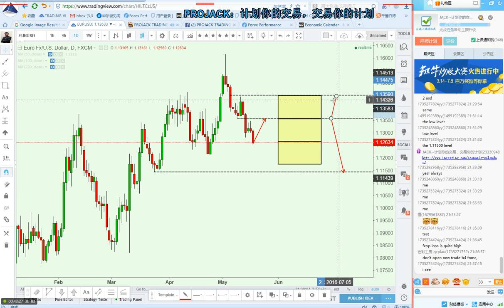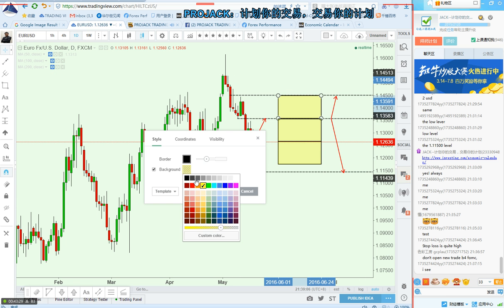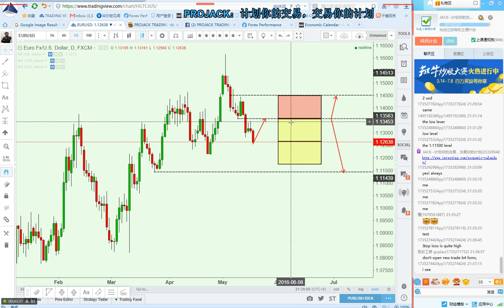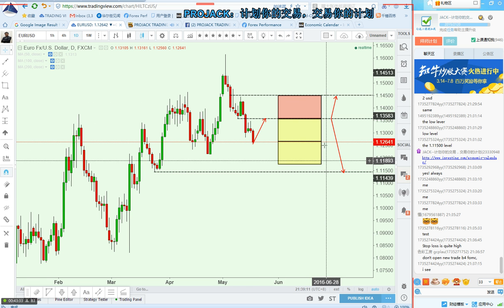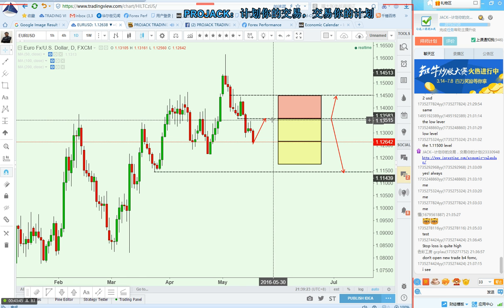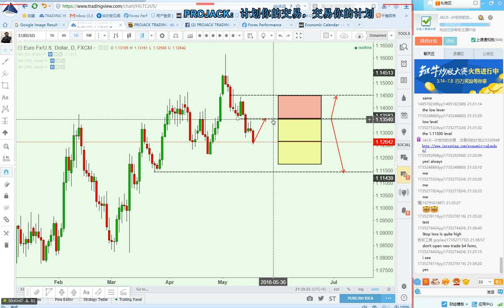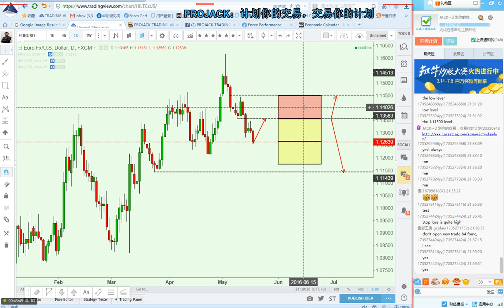This is your risk. Let me change to red color. You're risking $1, but the potential profit is $2. Does this trade make sense to you? If yes, then you can consider setting a sell limit here, stop loss here. I know that my maximum risk is 100, but if I win, I get 200. So this is an example of how you plan your trade before you really